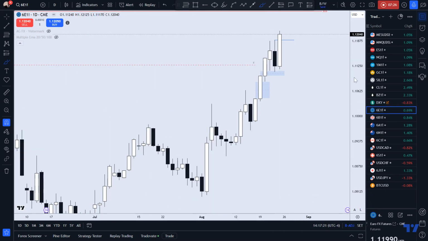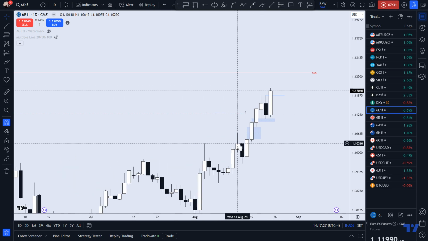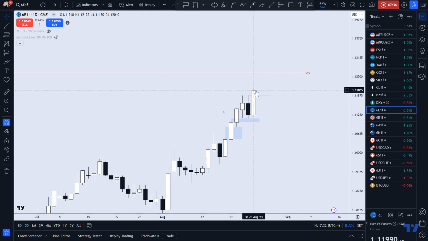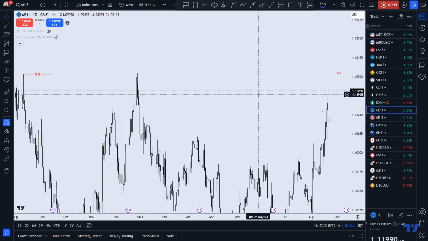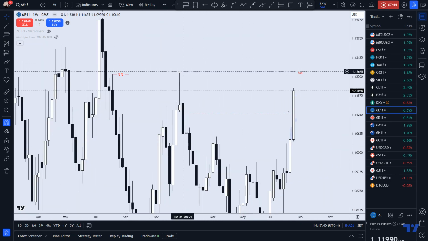If we go to the euro, I'm bullish on the euro against the U.S. dollar, even though the euro is not the strongest against the U.S. dollar. I'm going with a bullish euro, and you can see that if we go to the weekly, we had a very bullish week. We've come to the 50% of this candle, the consequent encroachment area, and you see where price found some resistance there. We may get a slight pullback and then continue higher.